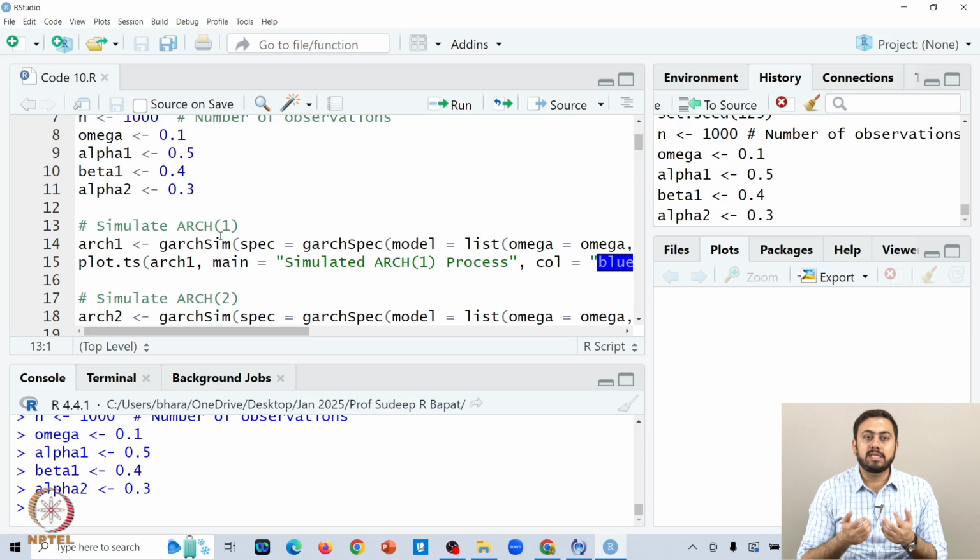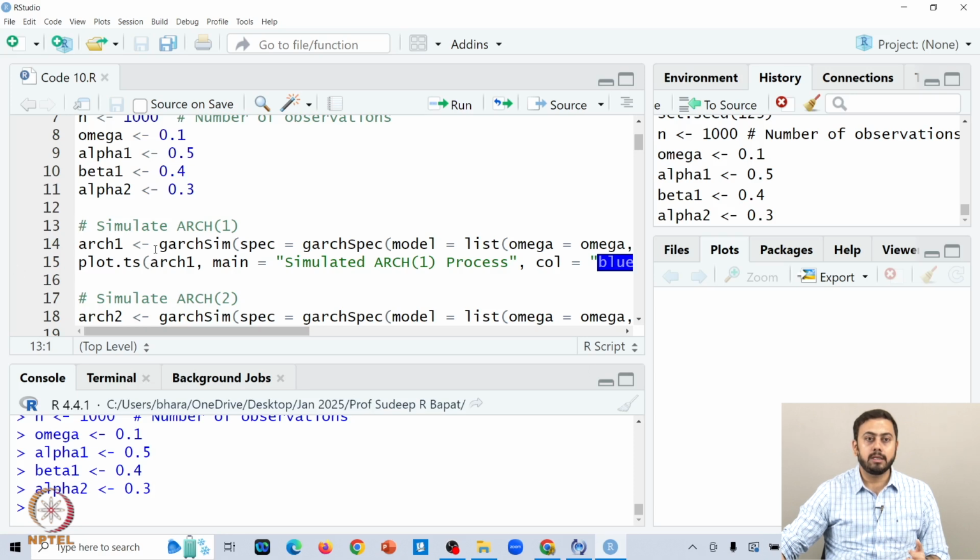Obtaining some specialized models, by specialized I mean fixed order models, let us say ARCH 1, ARCH 2, ARCH 3, ARCH 4 etc., shouldn't be a problem if you have the general ARCH M model ready with you. And the exact same story with the GARCH model. If you have the general model structure for GARCH PQ, wherever you have P, if you replace 1, and wherever you have Q, if you replace 1, it will give you a GARCH 1 model. So hopefully understanding the model structure should not be a problem at this stage.